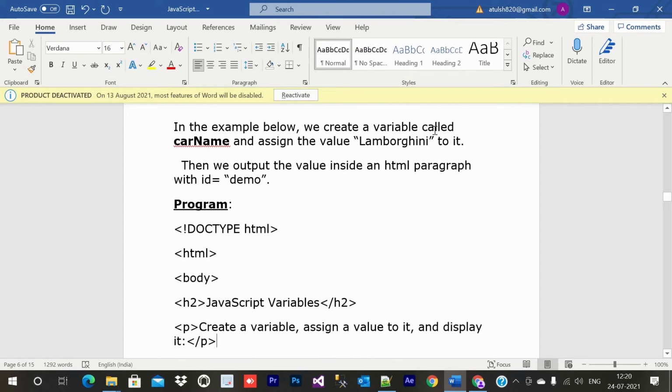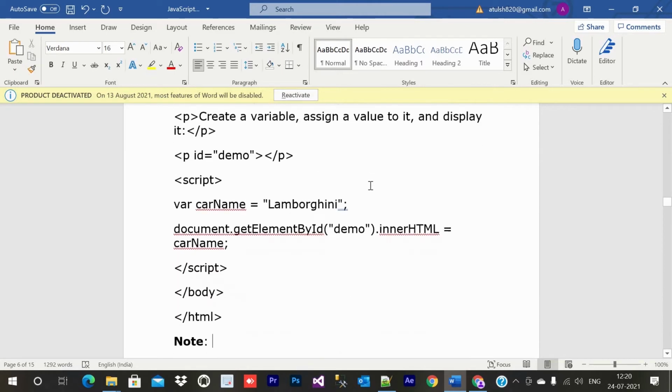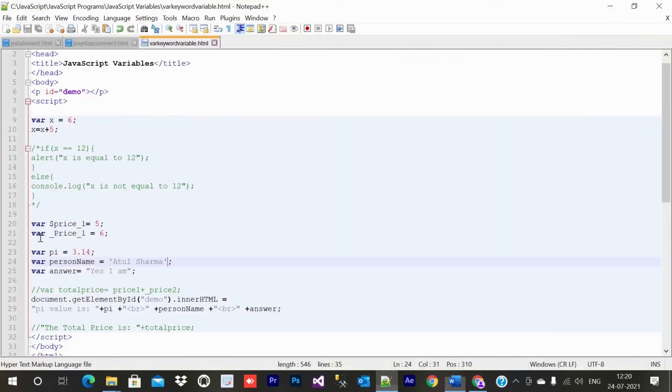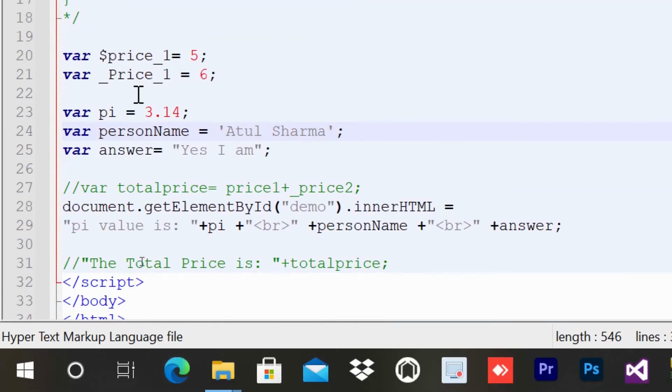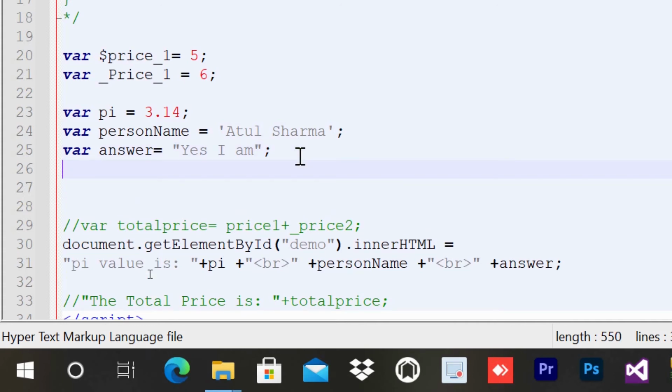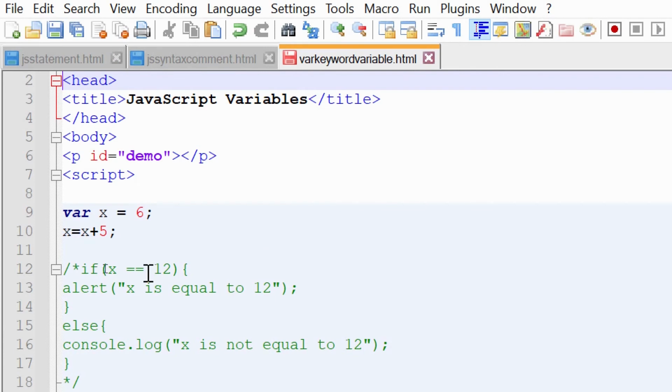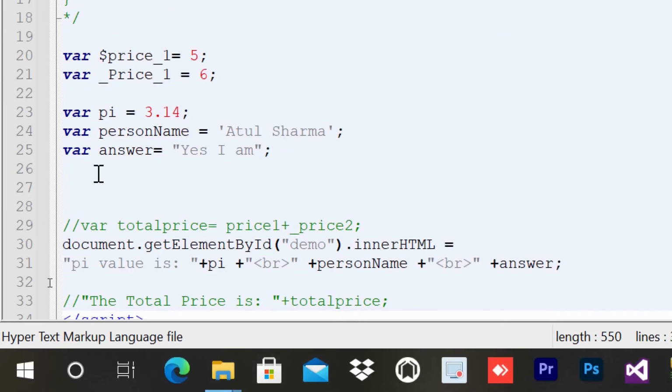In the example below, we will create a variable called carName, assign the value Lamborghini to it, and display it in the paragraph. This is not a big deal, so we will do it very fast. Let me just see if I have used carName anywhere. No, we have not used it, so no issues.